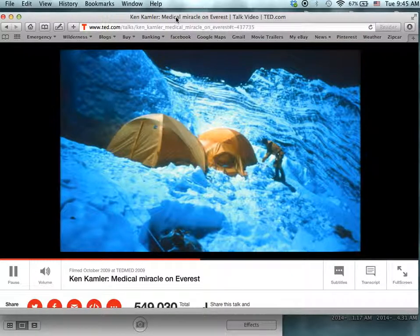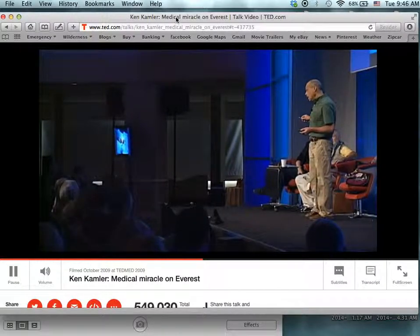So the climbers were coming down along this route. This is taken from Camp 3, where I was, and they all came by me so I could take a look at them and see what I could do for them, which is really not much, because Camp 3 is a little notch cut in the ice in the middle of a 45-degree angle. You can barely stand outside the tent. It's really cold. It's 24,000 feet. The only supplies I had at that altitude were two plastic bags with preloaded syringes of painkiller and steroids. So as the climbers came by me, I assessed whether...